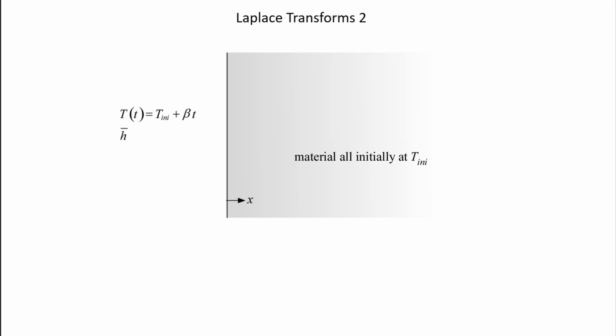Alright, so let's do a problem now that's one-dimensional and transient. So here's the problem. It's a semi-infinite body. Okay, so here's the surface. The surface is exposed to convection. Right? Initially, all the material is at some initial temperature that's uniform, and because it's a semi-infinite body, we're assuming